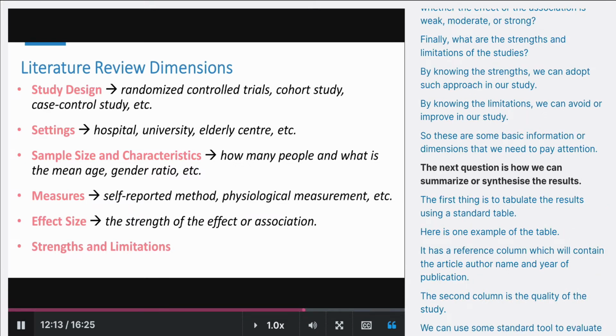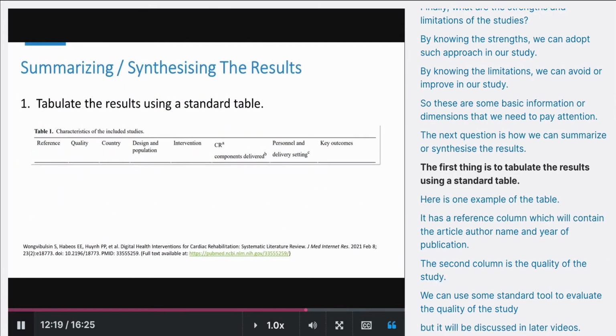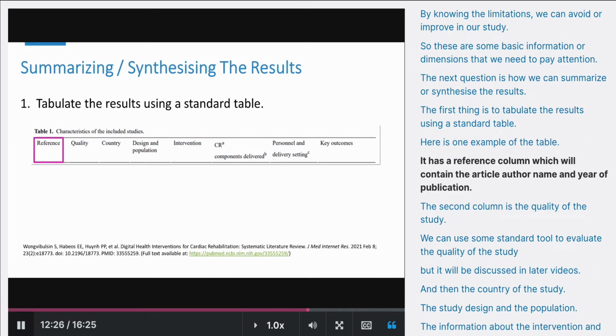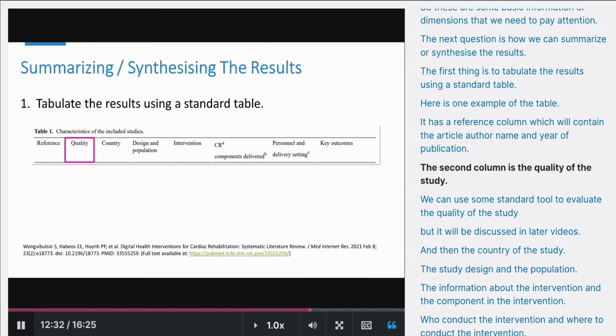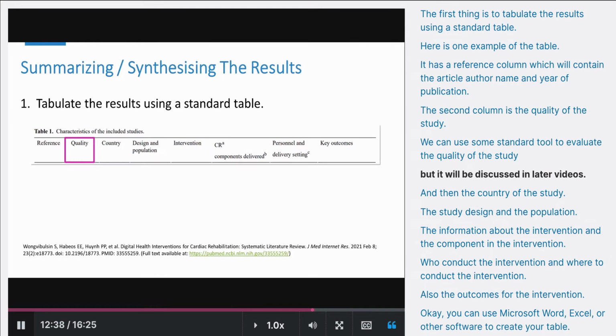The next question is how we can summarize or synthesize the results. The first thing is to tabulate the result using a standard table. Here is one example of the table. It has a reference column, which will contain the article author name and year of publication. The second column is the quality of the study. We can use some standard tool to evaluate the quality of the study, but it will be discussed in later